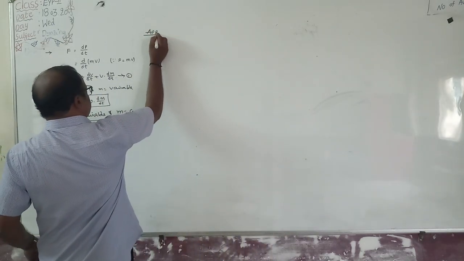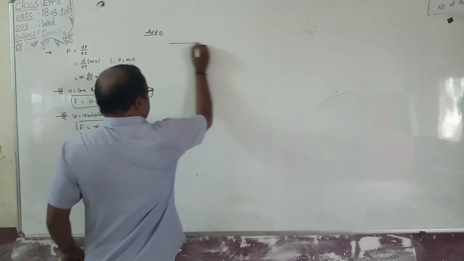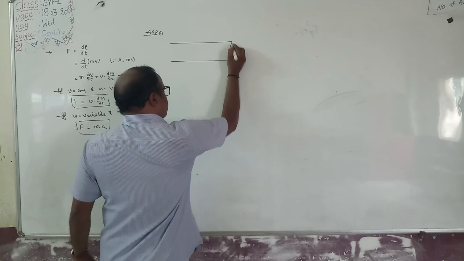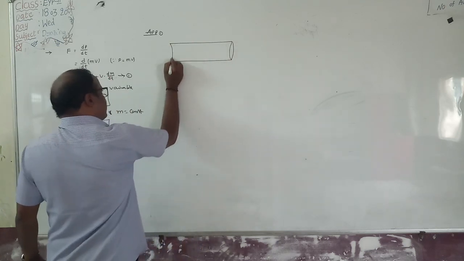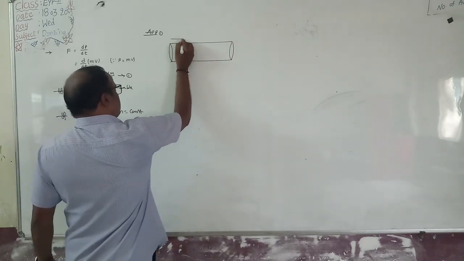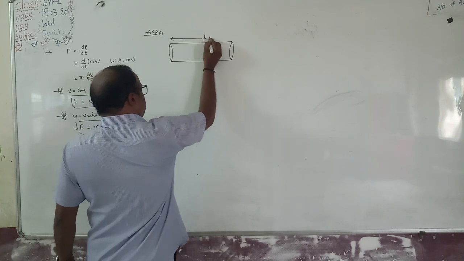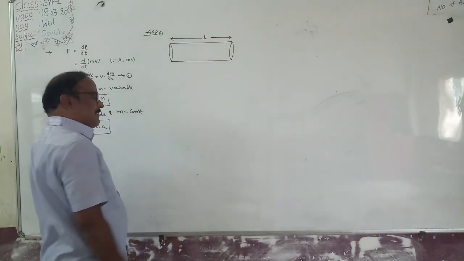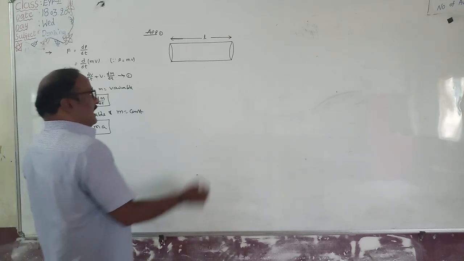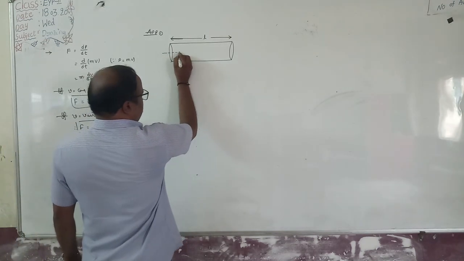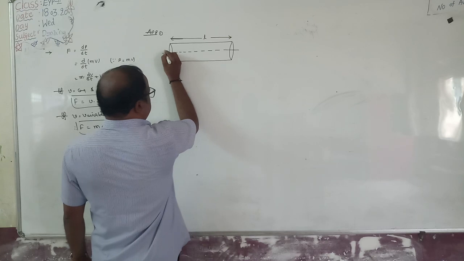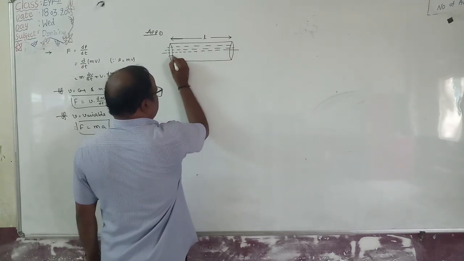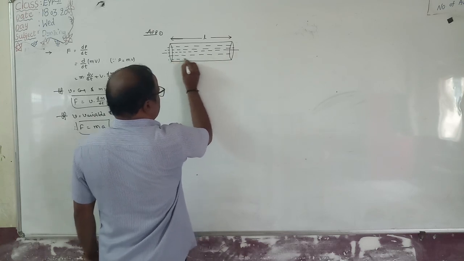Next one, there is a simple question on one more application here. One of the applications: suppose it is a horizontal pipe. Length of the pipe is equal to L. Area of cross section of the pipe is equal to capital A. Again, a jet of water passes through the tube in streamline motion, means with a constant velocity.